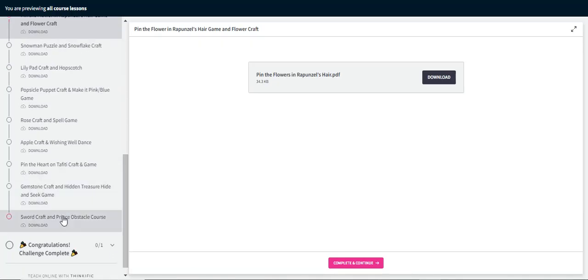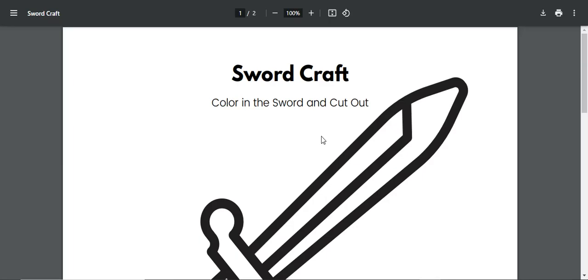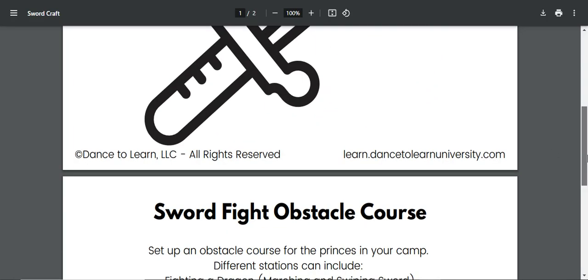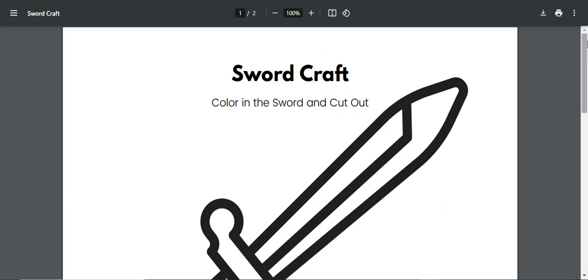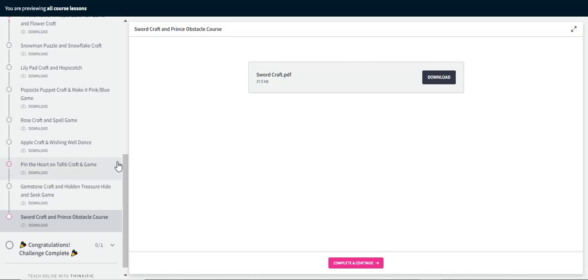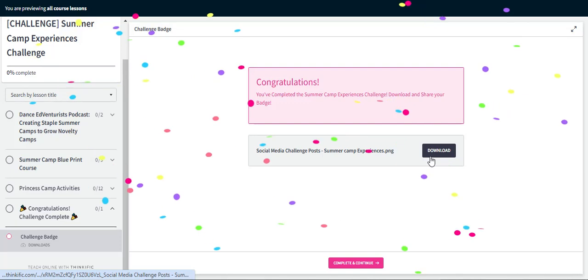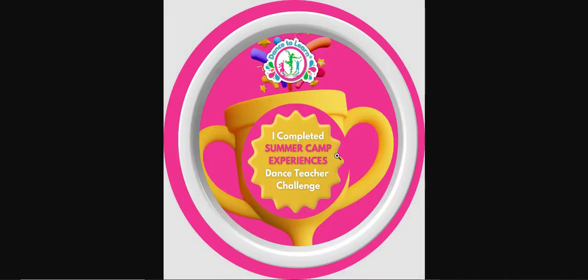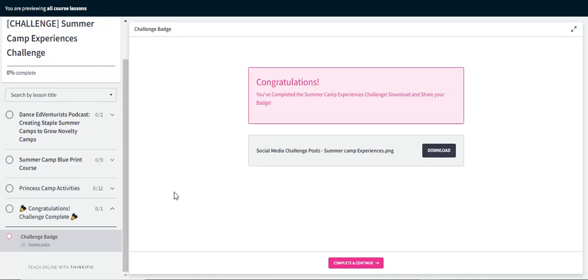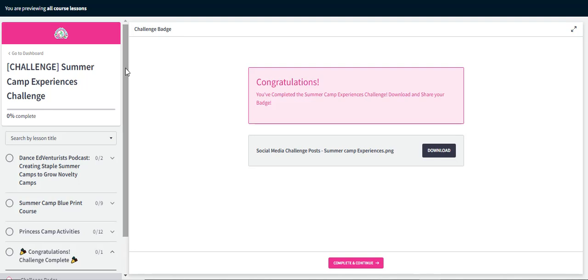And we have a bunch of other games. We have one for the boys, the little princes, so they have a sword craft, and then a little obstacle course that they can complete. And then at the very end of our challenges, when you complete a challenge, you get a challenge badge. And this is something that you can share on social media or on your website. You can share how many challenges you've completed. And that is a sneak peek at a complete